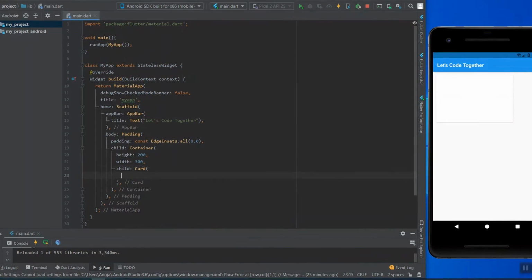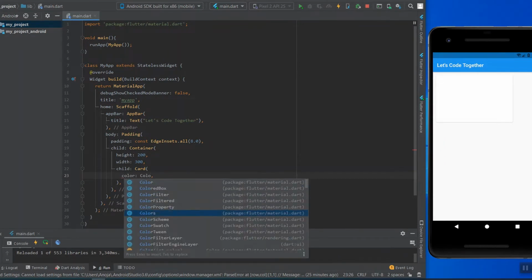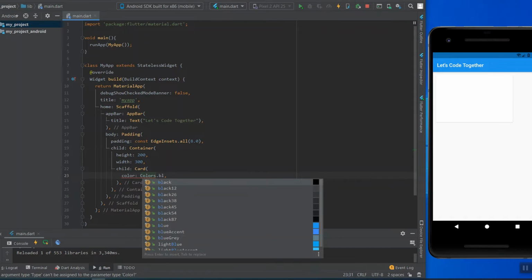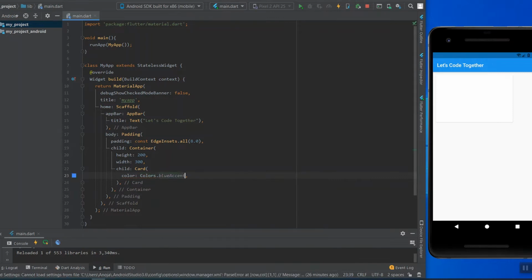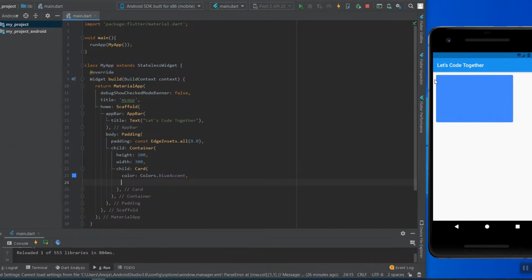Let's change the color of this card widget. Now I am going to make these borders a curve shape.